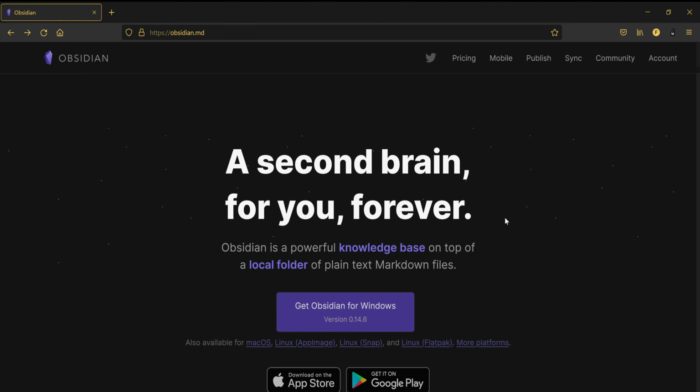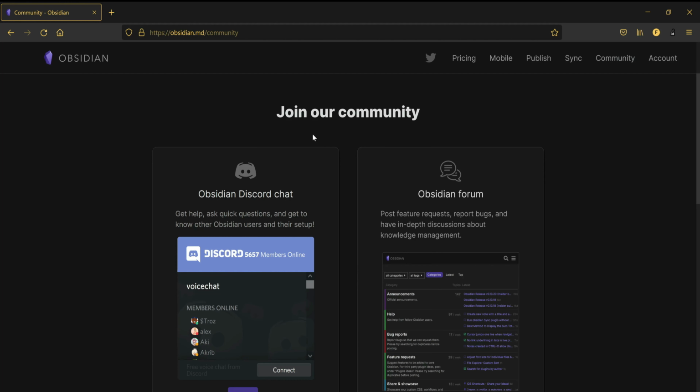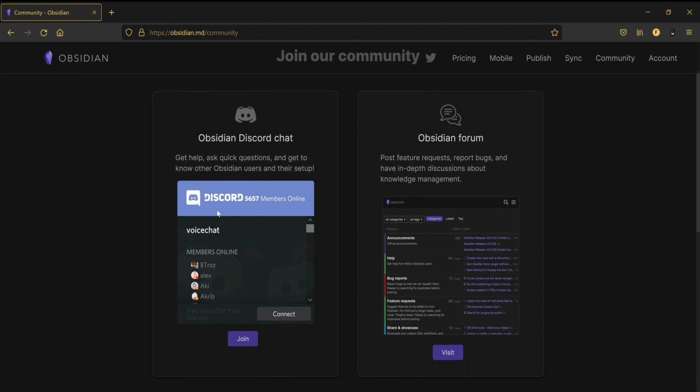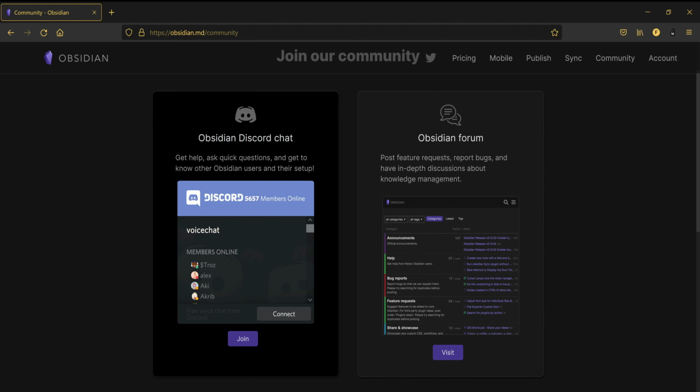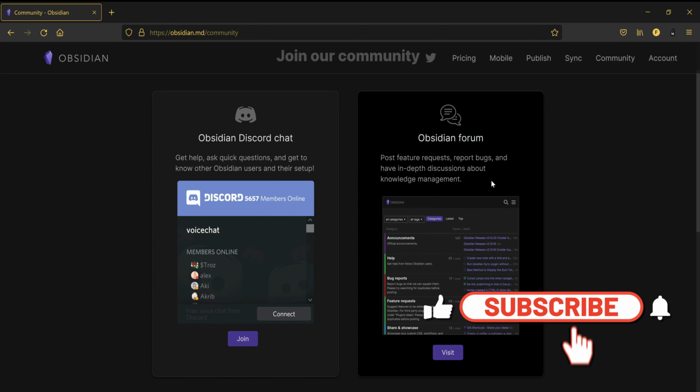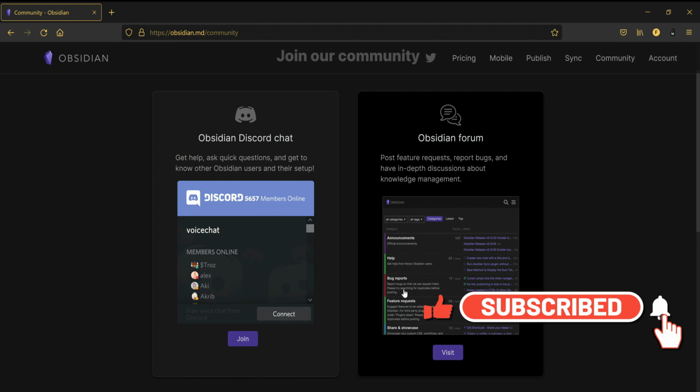So you go to obsidian.md, which is the official website, and here you click on Community. And once you click on Community you have two options. One is to join the Obsidian Discord chat. Obviously you're going to have to install the Discord application on your system, or you can just use the online version, or you can choose to click on Obsidian